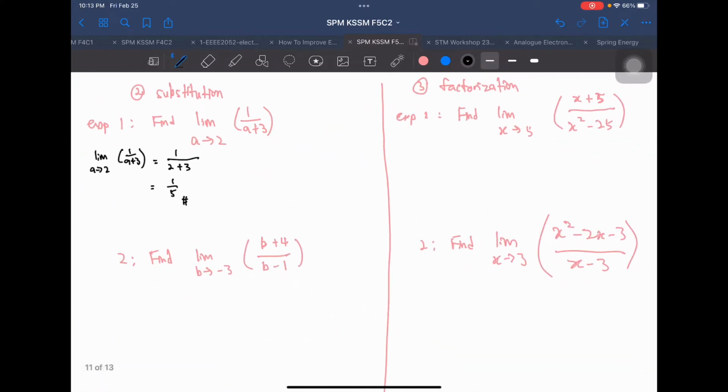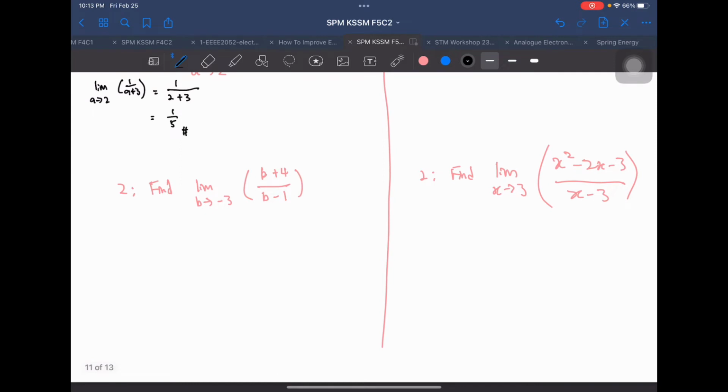You have the limit as b approaches negative 3 of (b plus 4) over (b minus 1). Okay, so just sub in. You get 1 over negative 4. Okay,